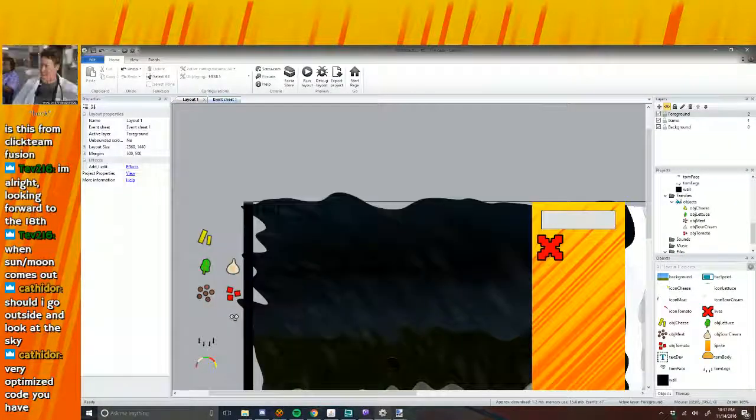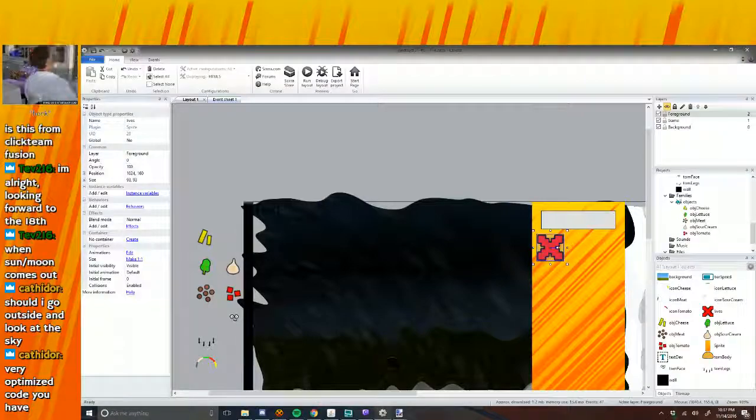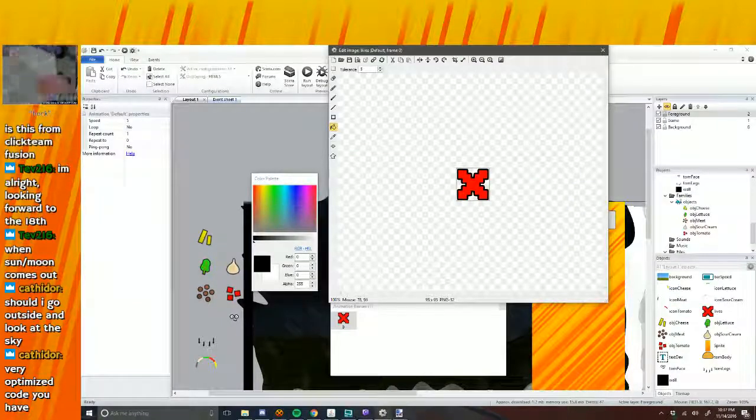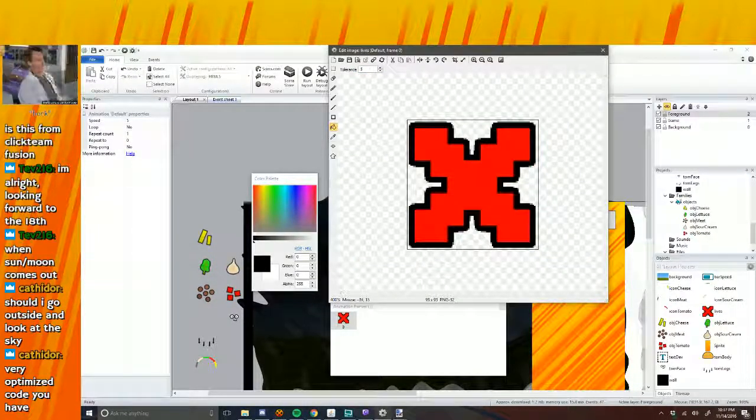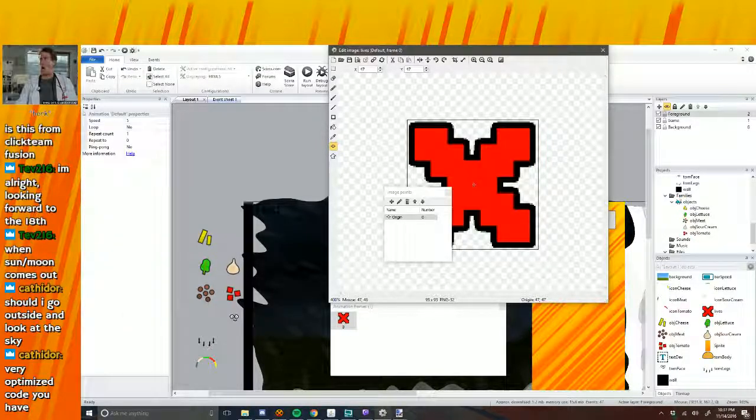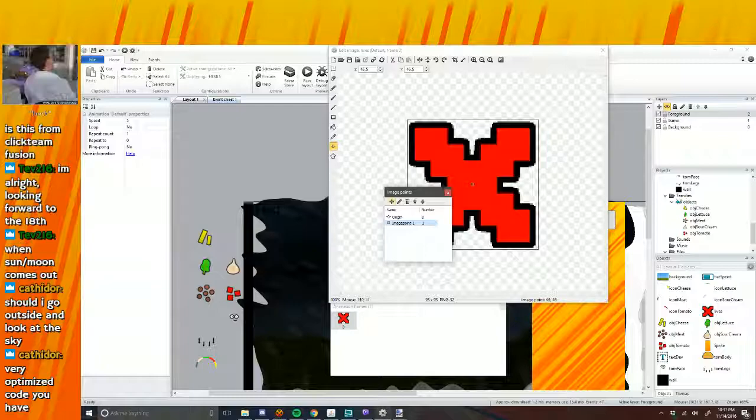So what I can do is say, okay, that's good, and then I would want it there. That's 1120. That's 1024. So I want an image point there. I want another one. No. There. New image point